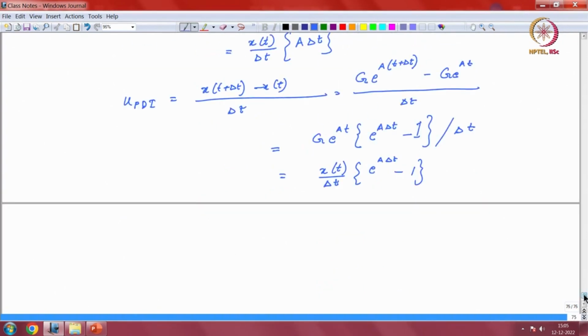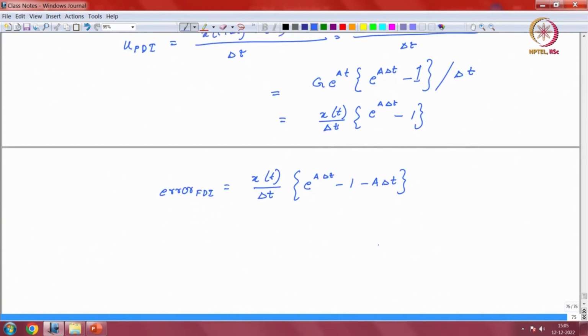Okay. So now that we have the expressions for both the numerical estimate of the velocity and the actual exact velocity, we can go ahead and calculate the error. Right? It's rather straightforward because we have already written down what we have to do. So it is nothing but, sorry, wait a second. This is e to the power a times delta t minus 1, and then minus a e to the power at, not a to the power a into delta t, right? So I've just gone ahead and plugged in the two